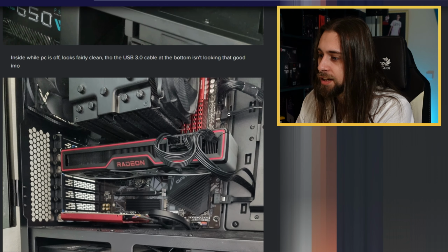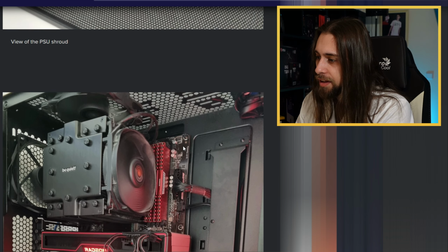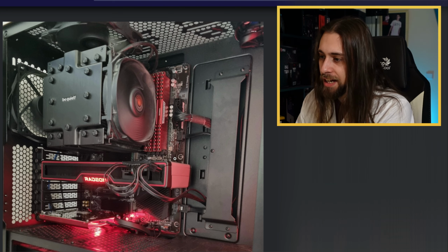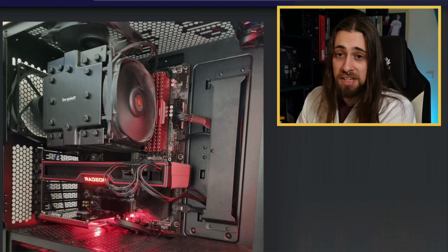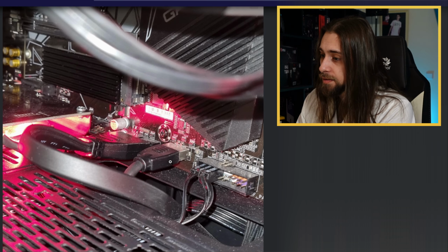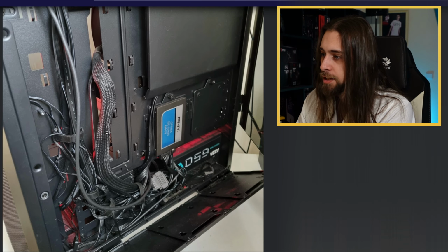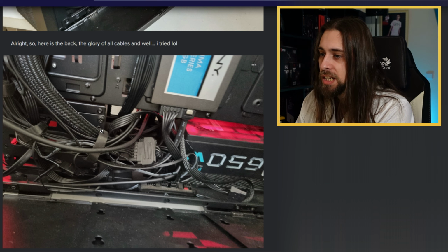Okay, it seems fine here. The sound card there, the GPU. Let's see the front of the case. Everything looks fine here. The cable management, once again, it's not the best, but it's not even close to the worst. Yeah. Once again, cable management pretty decent, can't complain. I just want to see the